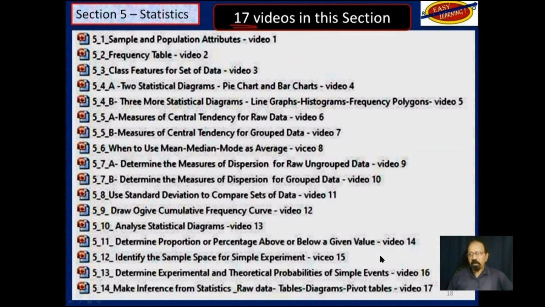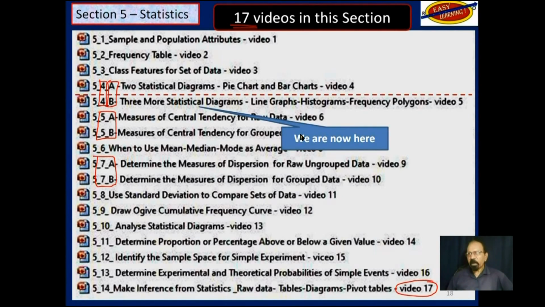As you can see here, 17 videos, and that is because a few of the objectives would require more than one video. For example, objective 4, where we are right now, notice there is an A and a B. And objective 5, there is also an A and a B. And objective 7, an A and a B. And that will account for the 17 videos. We are here now